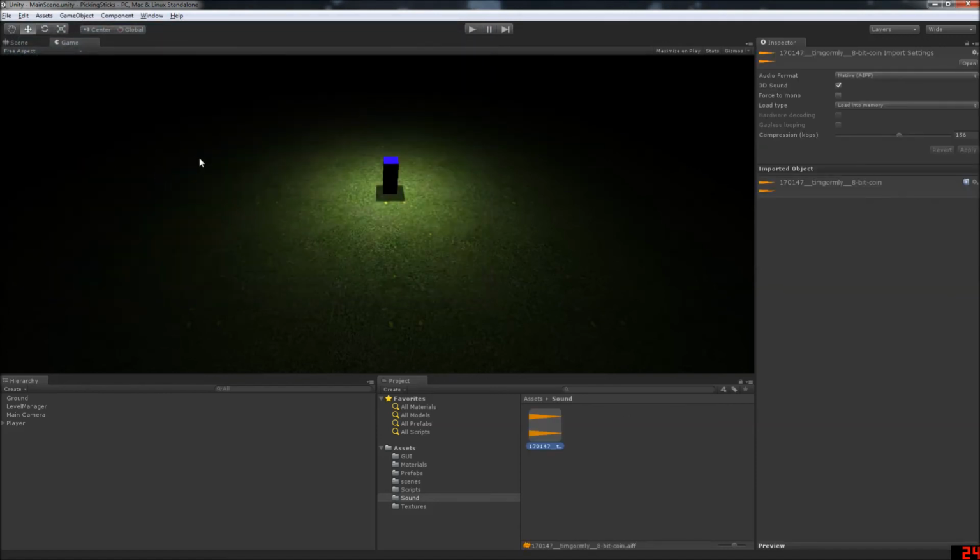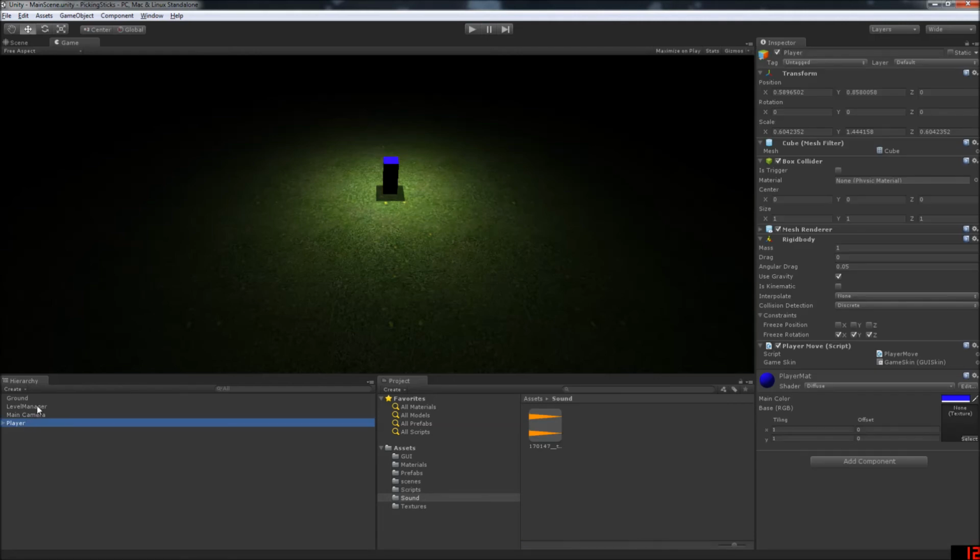I'll put this sound on the desktop. So as you can see, now I have the sound. If you click here, you can hear it. And you can untick this to make it 2D sound. We're gonna just leave it 3D sound. It's fine. And what we're gonna do is, well, you might think we should attach the sound to the stick